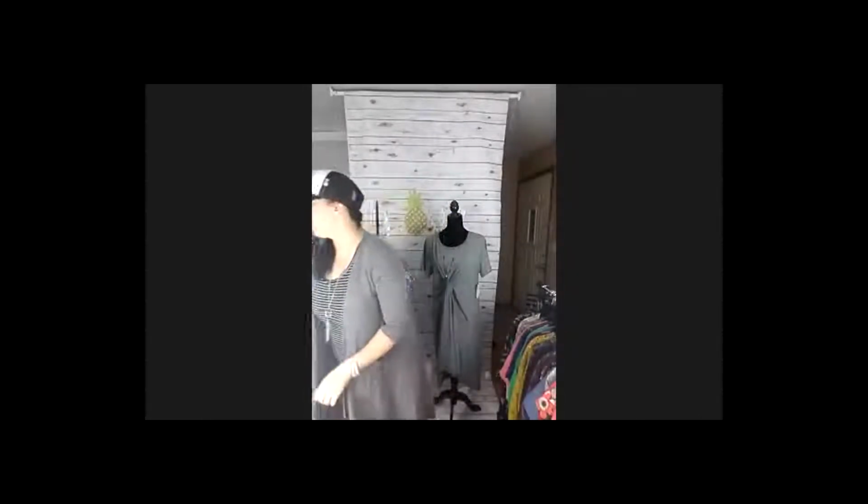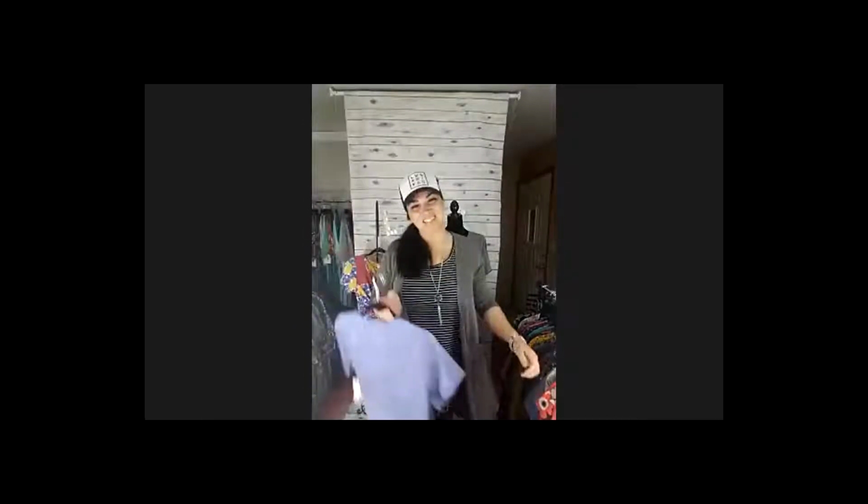And so I noticed we've been getting a lot of these muted colored shirts, and they're not really appealing to people. I'm like, they're perfect with jeans. We don't sell them, but they're perfect with jeans. They're just like a regular soft t-shirt, and I cannot get anyone to bite on them. So that's my new goal, is to get some of these